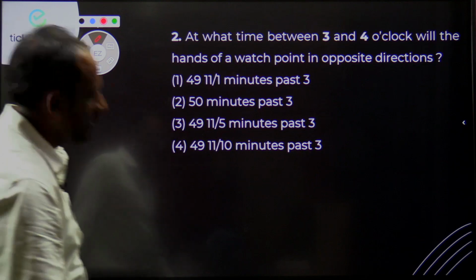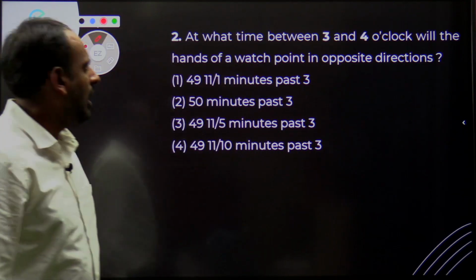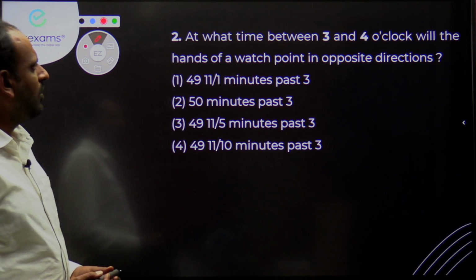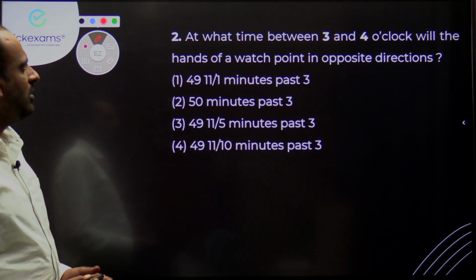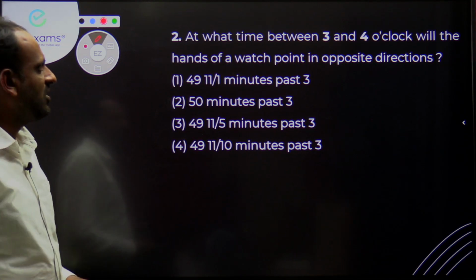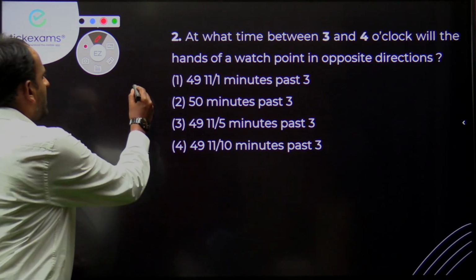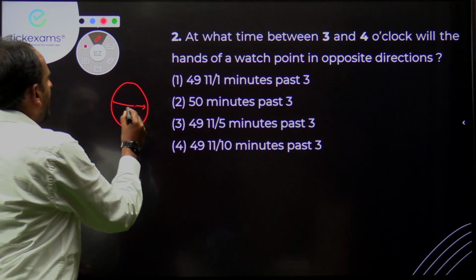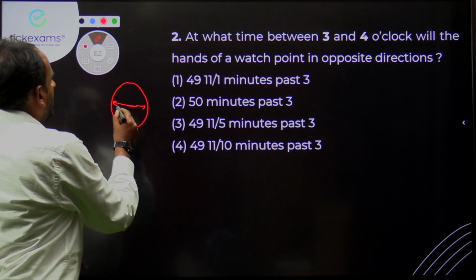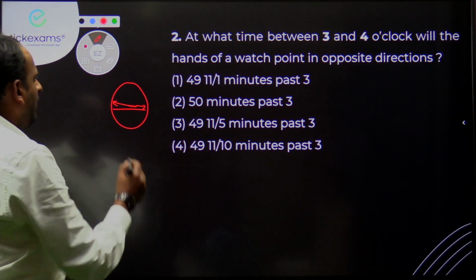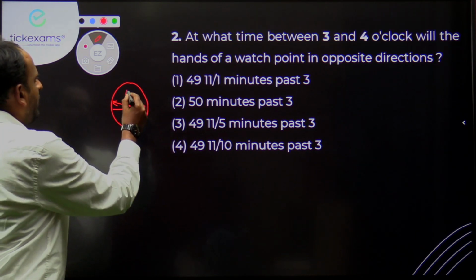Now, the next question is about clocks. At what time between 3 and 4 o'clock will the hands of a watch point in opposite directions? Suppose there is a clock with an hour hand and a minute hand. If they have to point in the opposite direction, the total angle should be